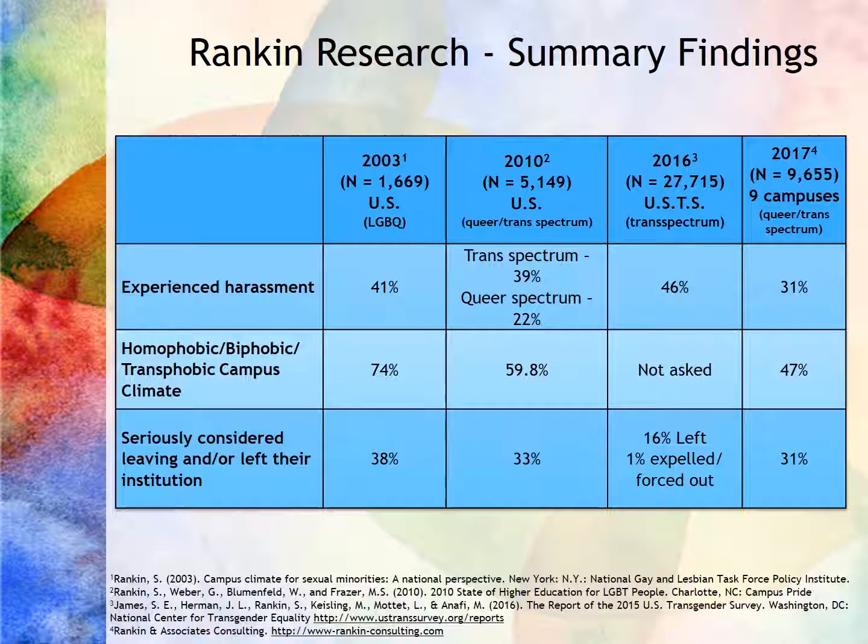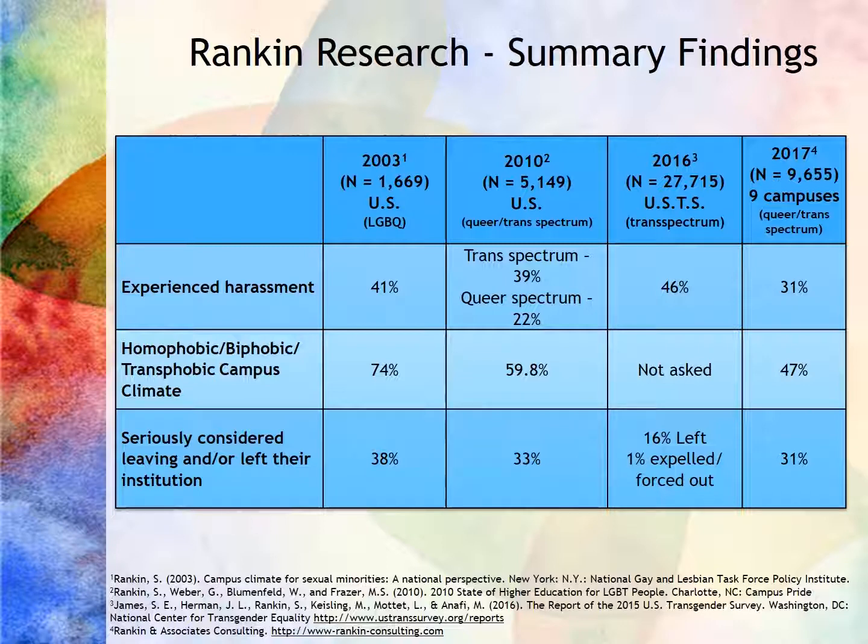We'll talk about later on some of the consequences of unwelcoming climates with regards to student departure and lack of persistence. But quickly, let me go through some of the summaries of findings that we've had, and these are inclusive of both my research and our climate assessment work. We've now done over 197 climate assessments across the country, including research ones, liberal arts, community colleges, et cetera. And so I just picked out 9 campuses from our 17 work and just focused on the queer and trans spectrum responses for this slide.